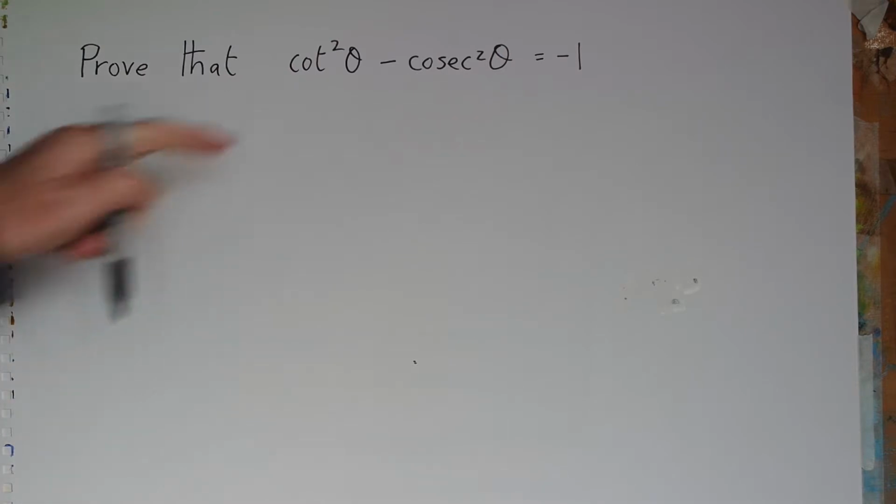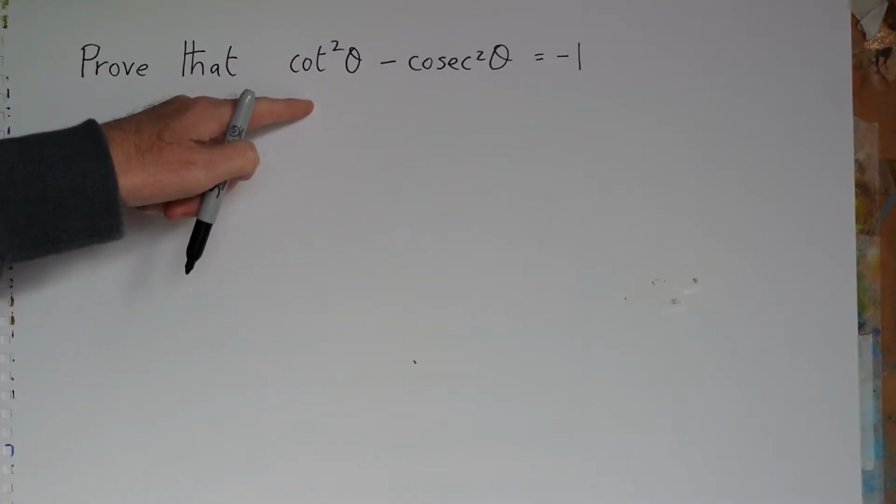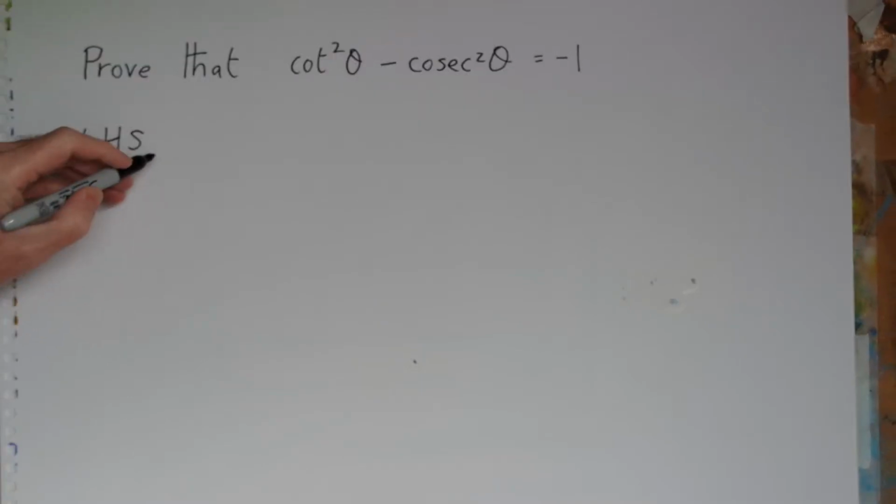Okay, so I'm going to pick the left-hand side because that's the more complicated side of the formula. So my proof begins by writing LHS for left-hand side. And then cot squared and cosec squared aren't very friendly, so we want to convert those to sine, cos or tan. So cot squared is 1 over